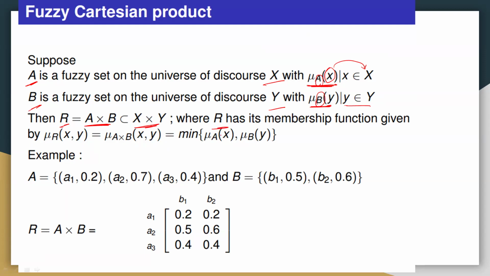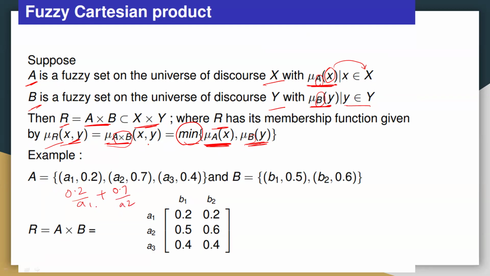So then the relation will have its membership value given like this. Mu R of xy for the elements x, y is nothing but mu of A cross B of xy, which is nothing but the minimum of mu of x of the set A and mu of y of the set B. Okay, so mu R of xy is the relation A cross B, that is the Cartesian product, which is nothing but mu A of x and mu B of y, and we take the minimum among both of them. So as an example, just like we did before, we can write this in this representation also, 0.7